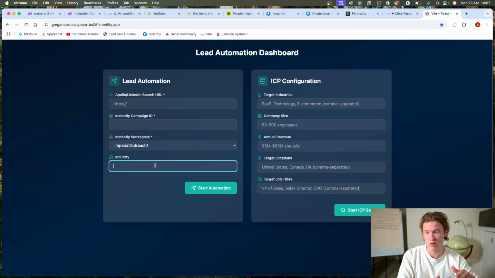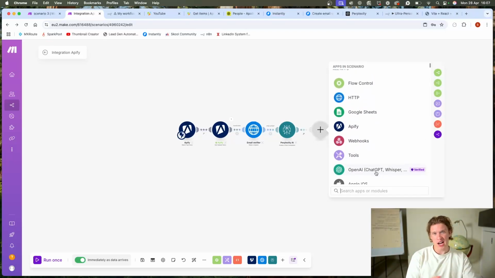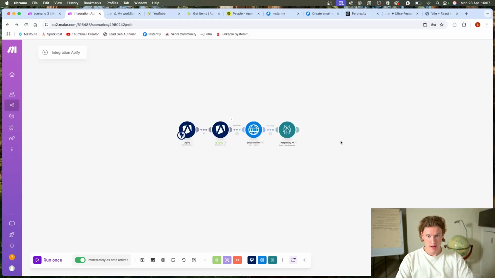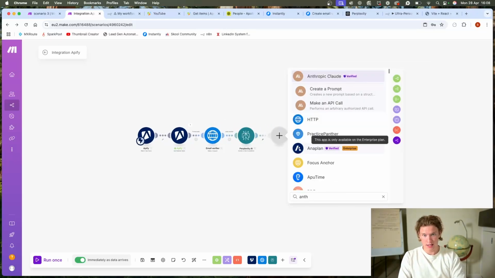So make sure you get that right. And what you'll essentially do is add a step in here, an OpenAI step, whatever you want to do, just to check that the industry is correct. But I suppose in this case, we'll go on now to creating